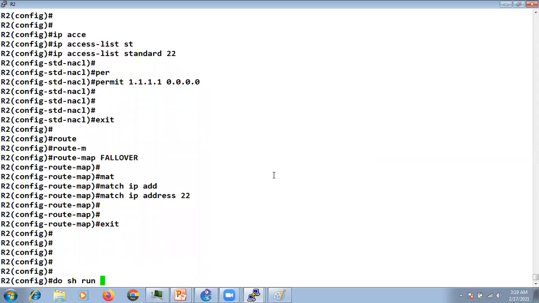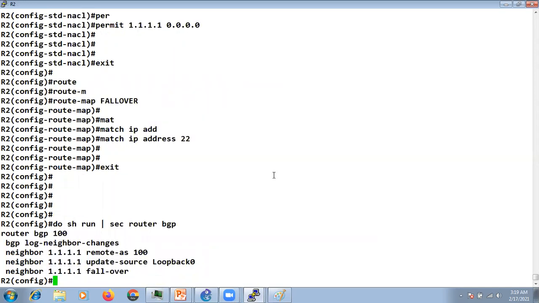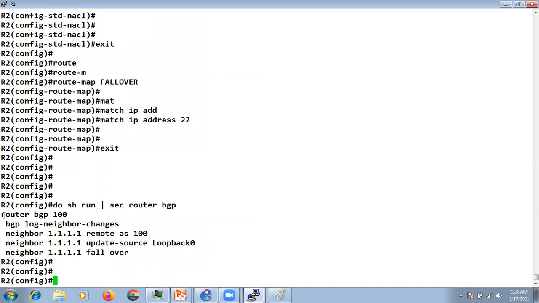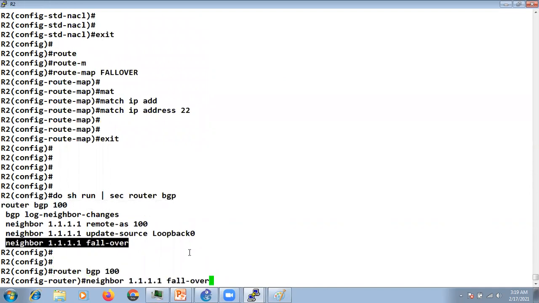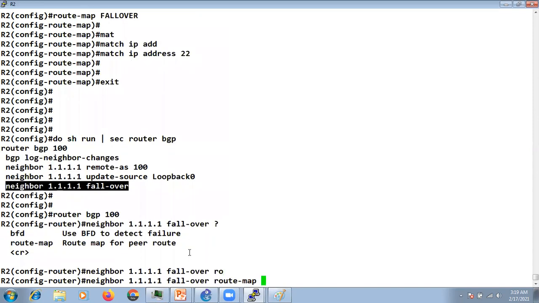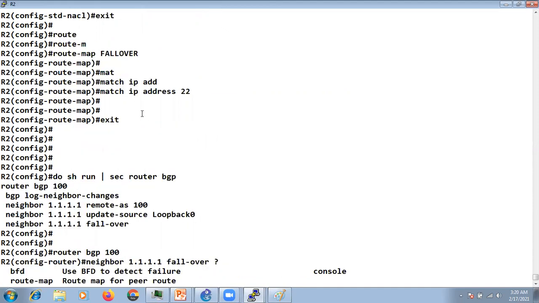I will go to router bgp, and with the fall-over command we can use the route map. What is the name of the route map? It's follower. That's it, done. Now what this command will do is keep checking my peer IP, the IP that we have called in the ACL.